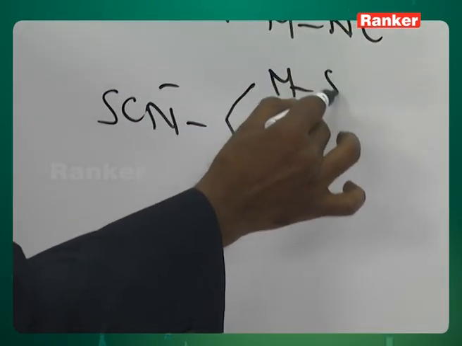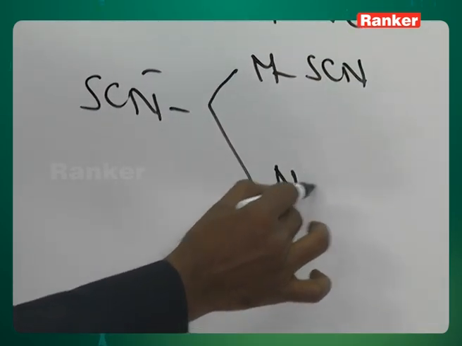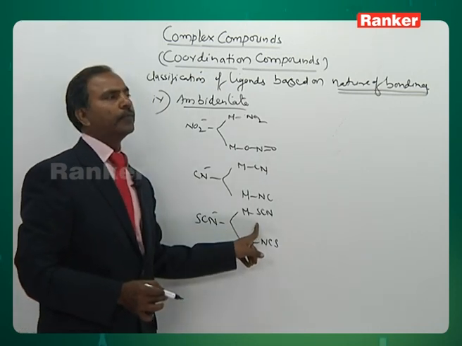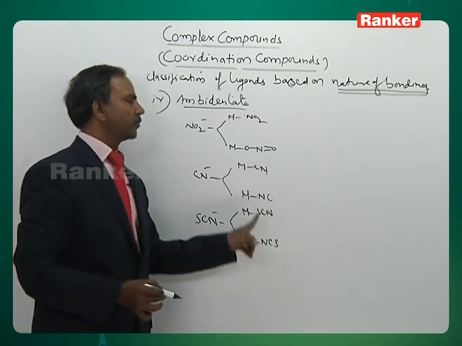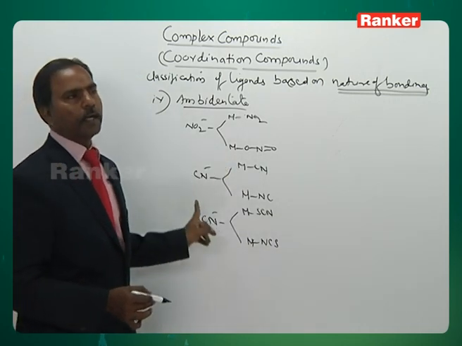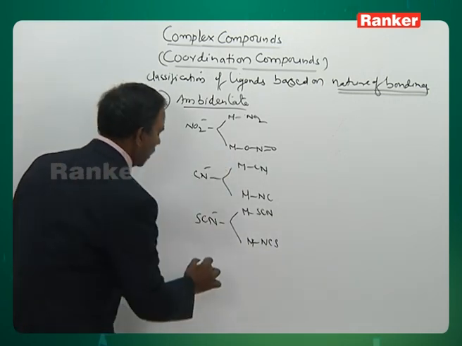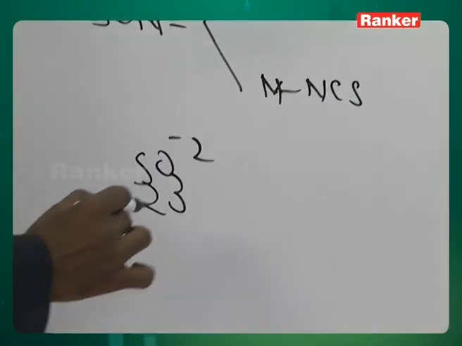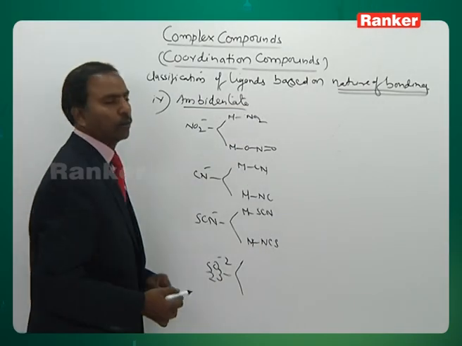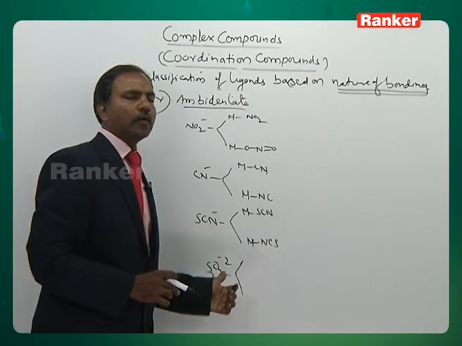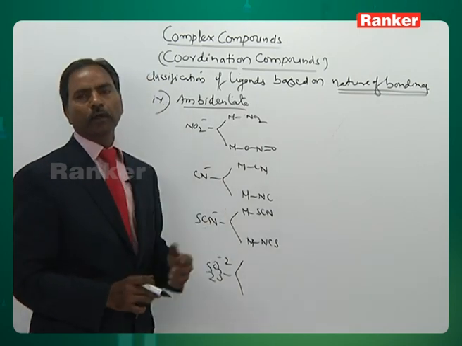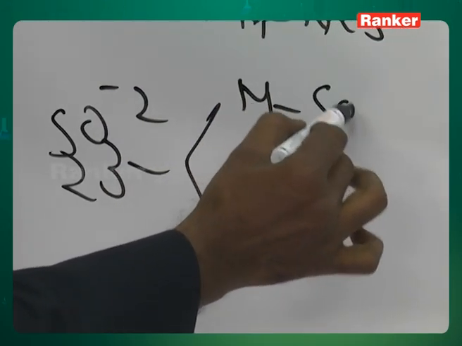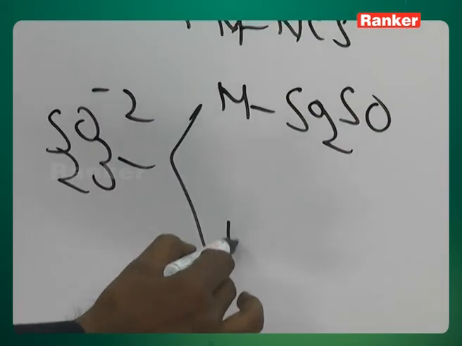Next ligand you see is SCN minus. It is again M-SCN and similarly M-NCS. It is what we call thiocyanato, and the other isothiocyanato. First one is nitro, cyano, and thiocyanato. One more, let me give the thiosulfato ligand, S2O3 2 minus. It is also linked to the metal ion by involving two different donor atoms. Often it involves the sulfur atom, next it may involve the oxygen atom. This we write as M-SO2S,